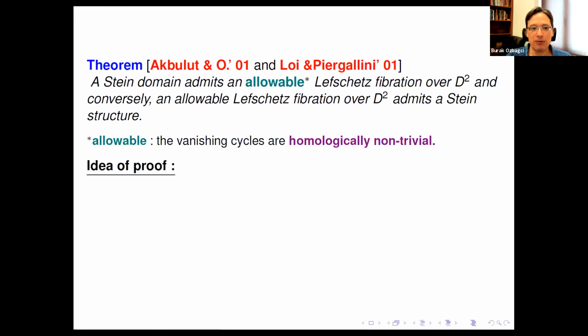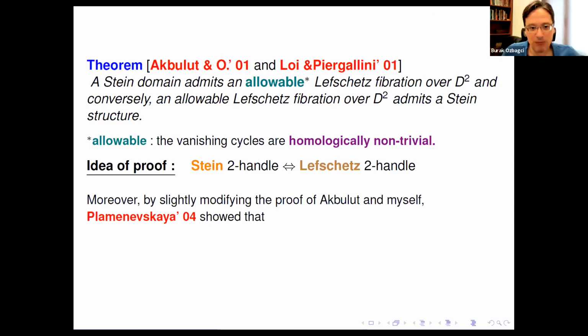So the idea of the proof, in a nutshell, is that a Stein 2-handle is nothing but a Lefschetz 2-handle and vice versa. But let me try to simplify the proof. On the one hand, you attach Stein 2-handles. These are the critical ones on this side. And on the other side, for Lefschetz fibrations, the 2-handles are the critical ones, and you can sort of make sure that they are the same, and this is the idea of the proof.